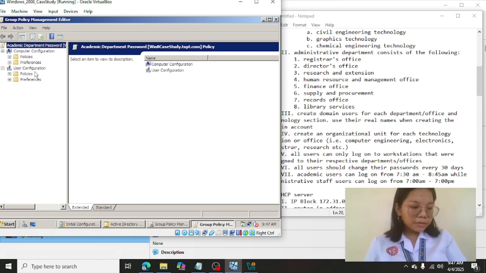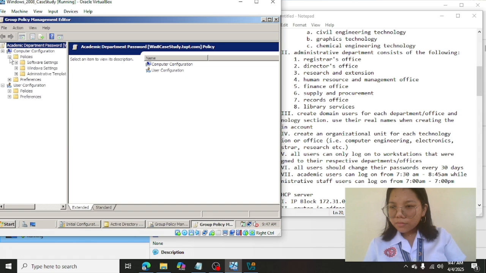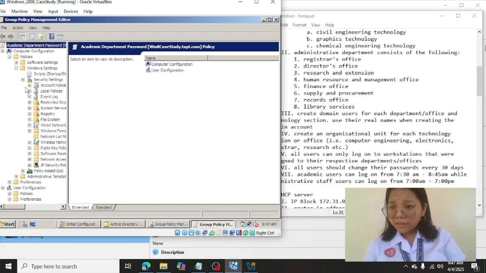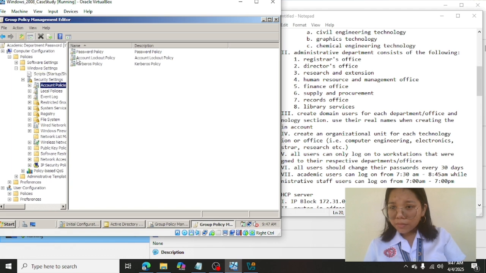Then Windows Settings, Security Settings, and then Password Policy.